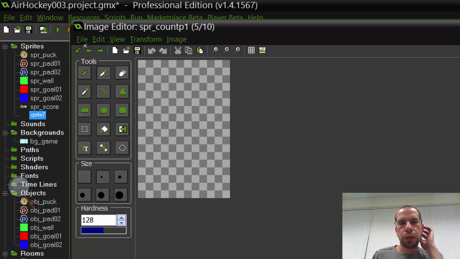Try and roughly keep to the same style. This is kind of going to be like a custom font for us. So I'm on 3, so I've got to draw 4, then 5, and maybe just fill in that blob there. 6,